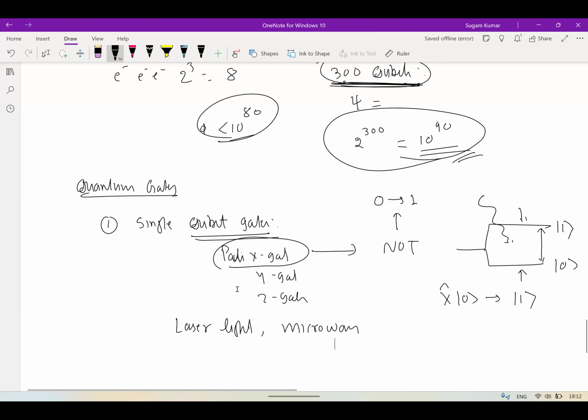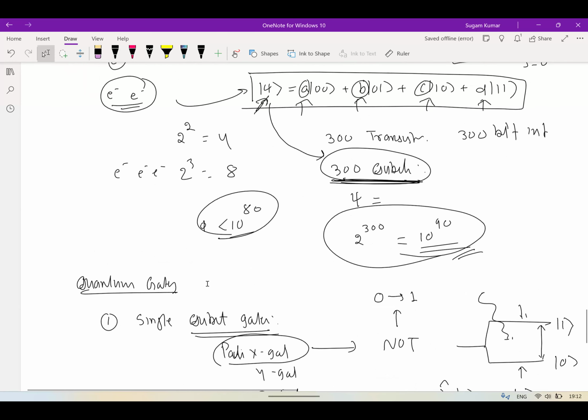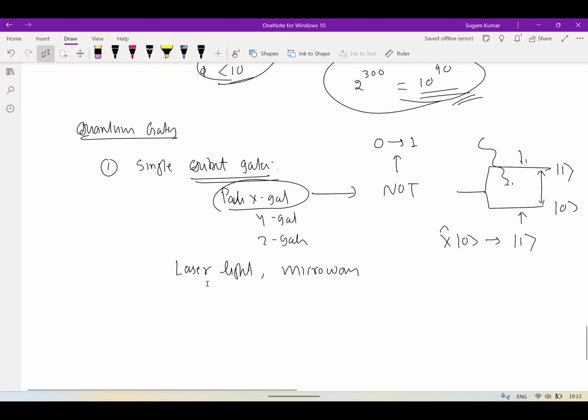For example, if we are using hyperfine or Zeeman levels as qubits, then here we can shine some visible light, let's say, on the Zeeman level. So they can be used, or maybe EM waves can be used to make transitions. But if you're using electron spin, then here we need microwaves in the gigahertz frequency. We will see how physically we can produce these gates. So we will talk about single qubit gates, and we will talk about 2 qubit gates.